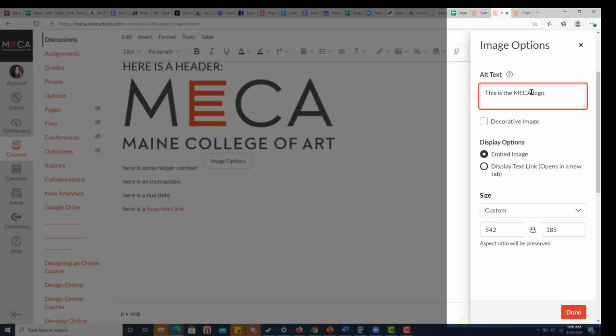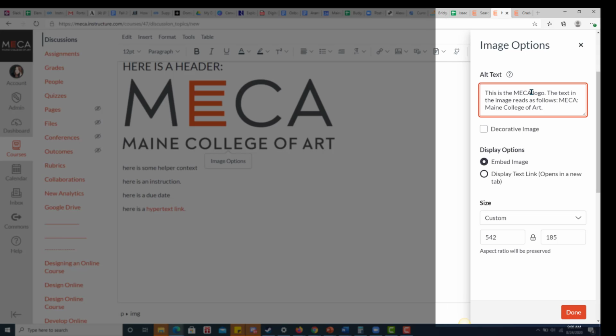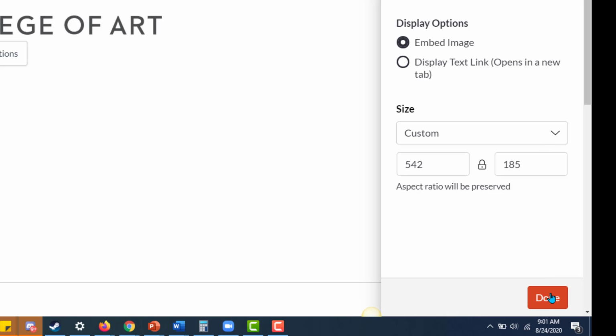So in this case, I would also say the text in the image reads as follows: MECA, Maine College of Art. Because remember, an image on the web, if it contains text, looks just like a big block of image to a browser or to a device. You have to actually spell out the words within that image so that the device can interpret it. And then I click Done,